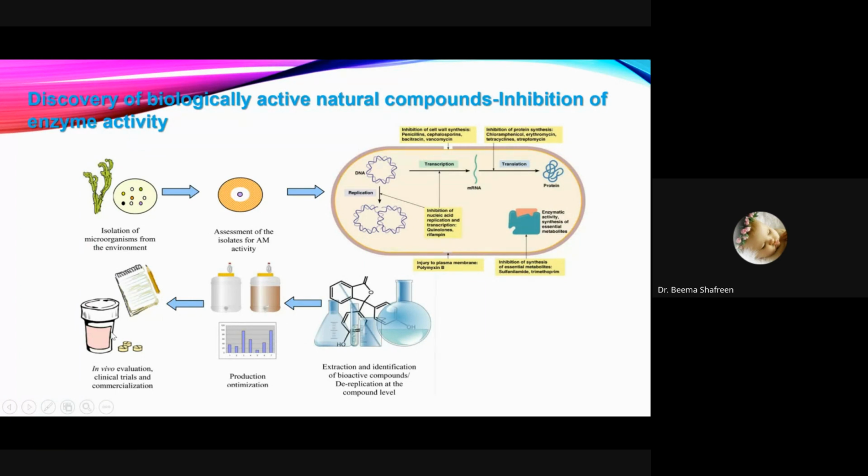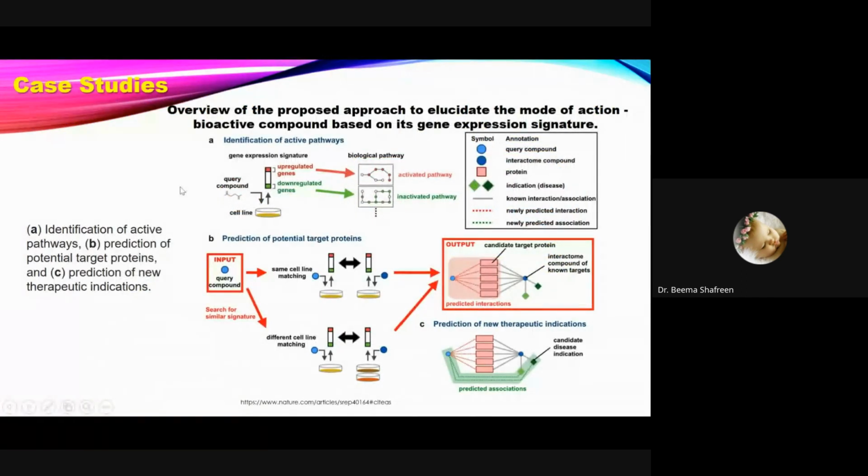So this is one of the case studies. The next case study is elucidating the mode of action of the compound through gene expression signatures. So you have a query compound, and you have a cell line. In the cell line, you can see that the levels of genes are being upregulated or downregulated. If it is upregulated, it could be a biologically activated pathway, and otherwise a biologically inactivated pathway. So this can be discriminated, and they can be produced. And similarly,